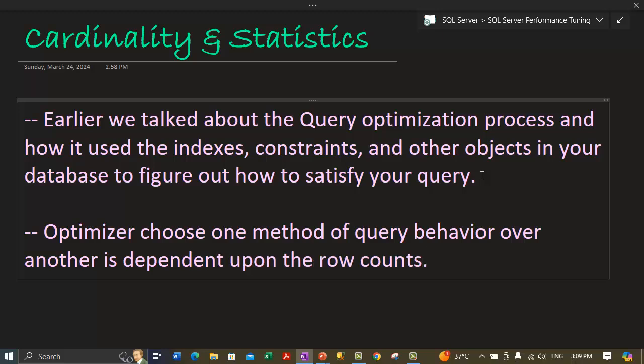So in order for the optimizer to decide which method of query behavior to choose over another method, it depends upon how many row counts we have. Alright. And if we talk about SQL Server, let me make it a next point. So if we talk about SQL Server,